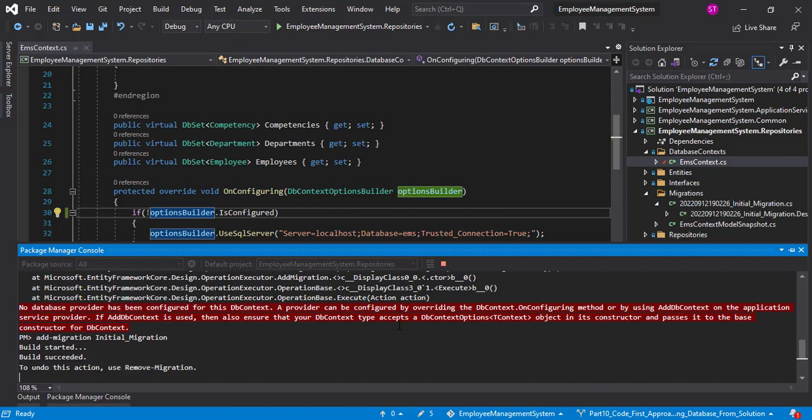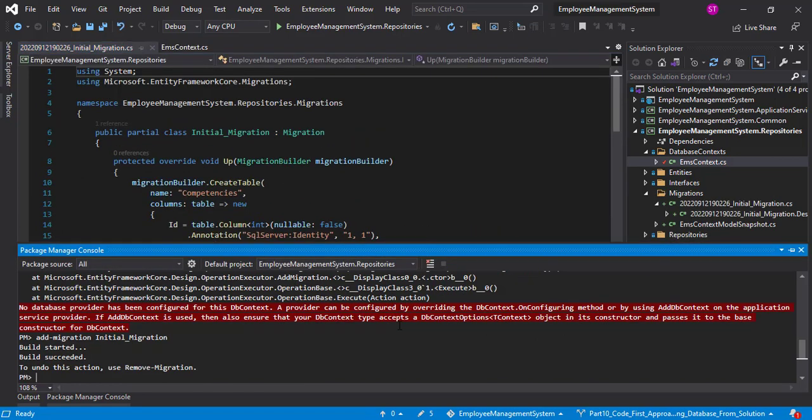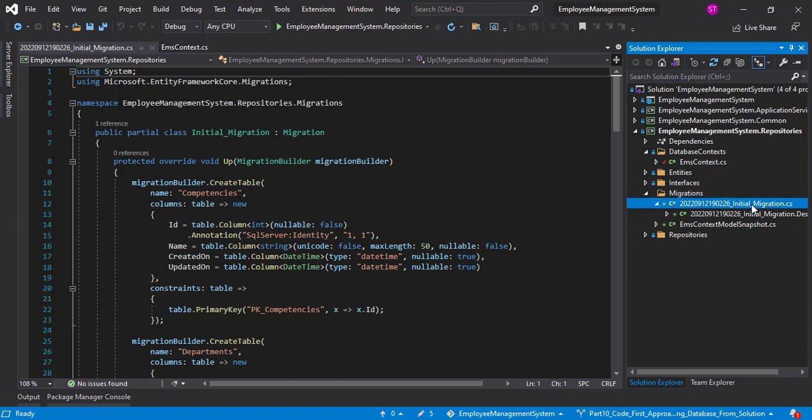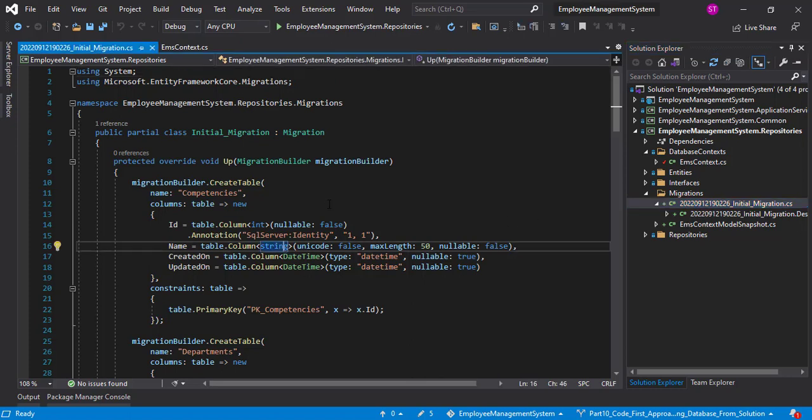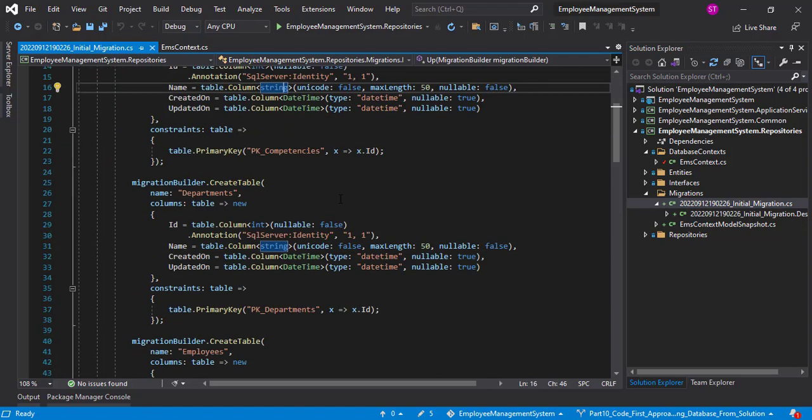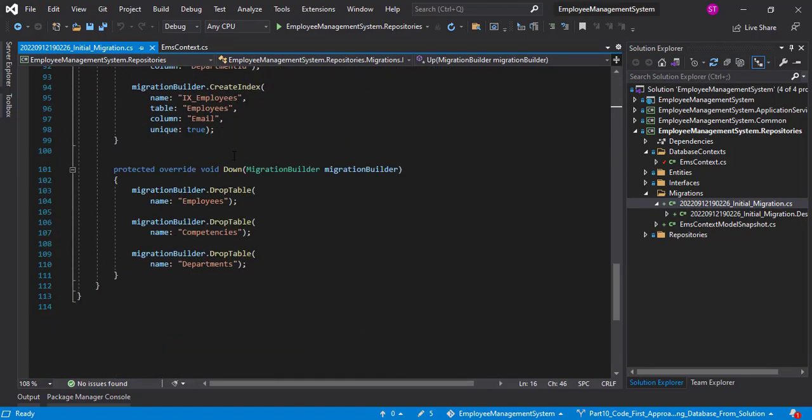The build started, the build succeeded, and we see a folder here, migrations. If you open this folder, inside you have the file. You see the same words, initial migration, the words we had provided earlier, and you also see the date timestamp. So it's 2022, September 12th, right? And if you see this file, you will see two methods, up and down,